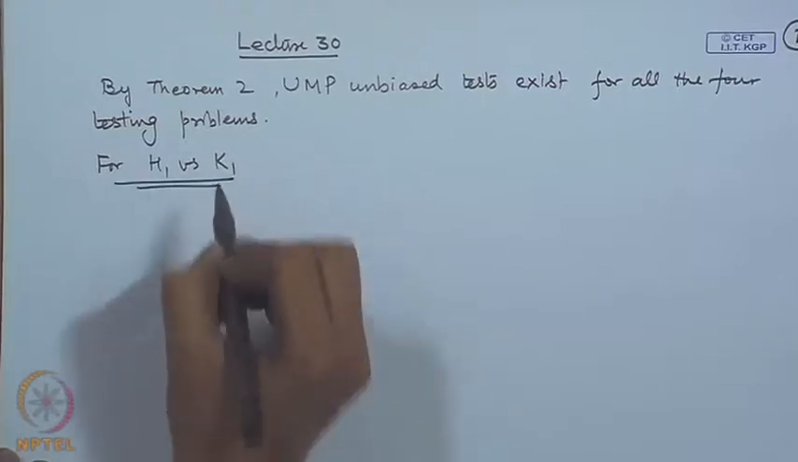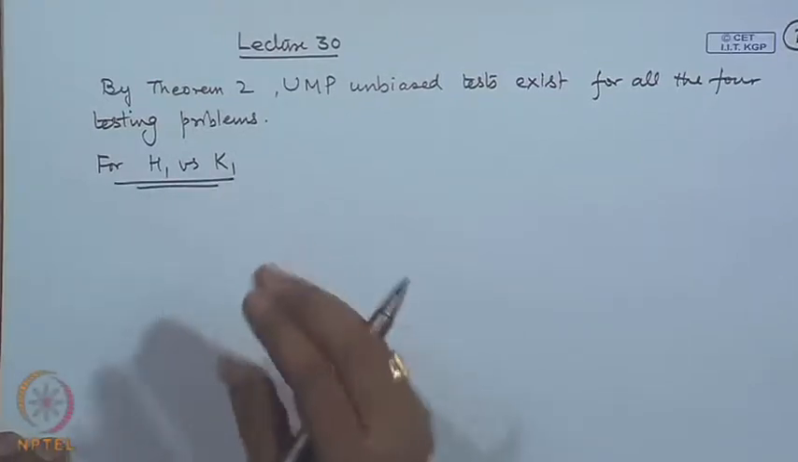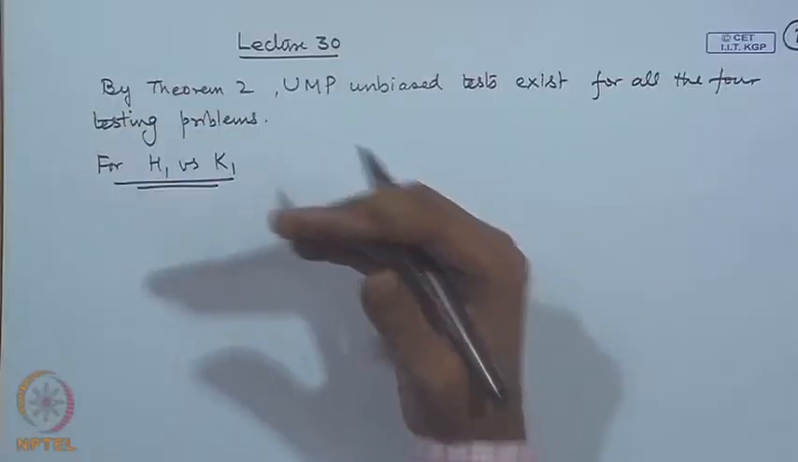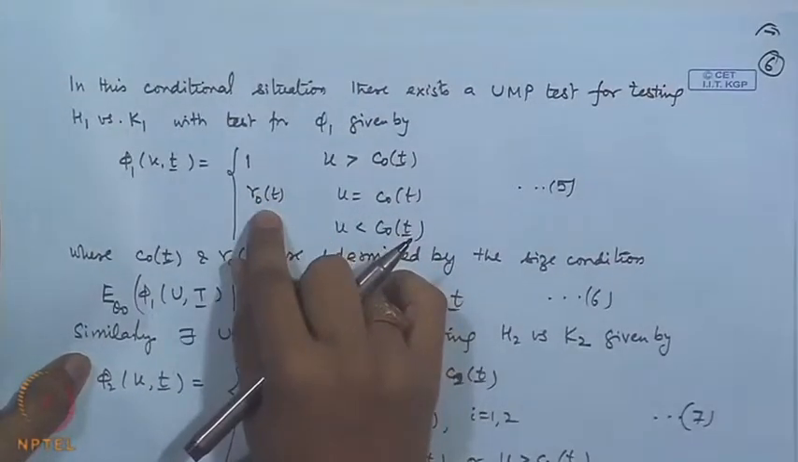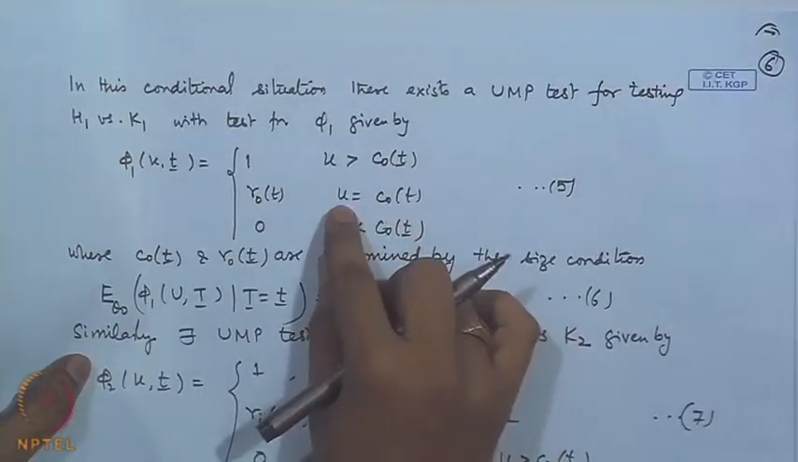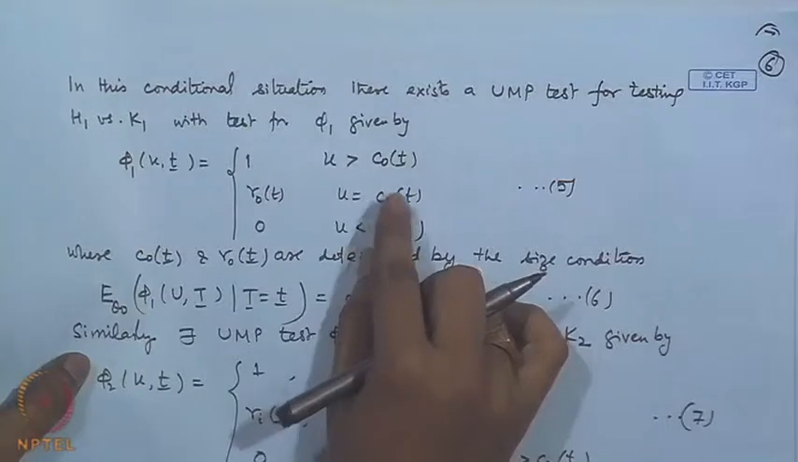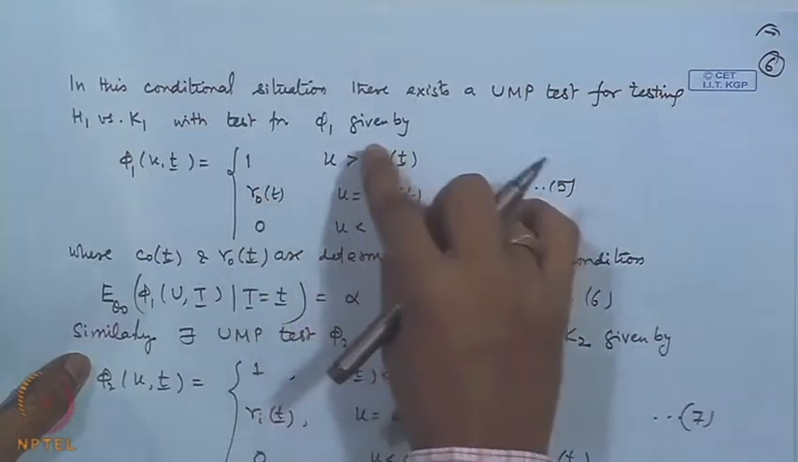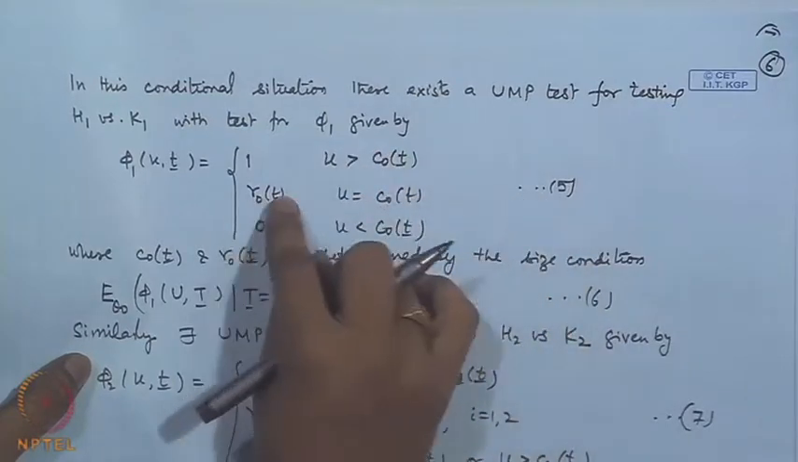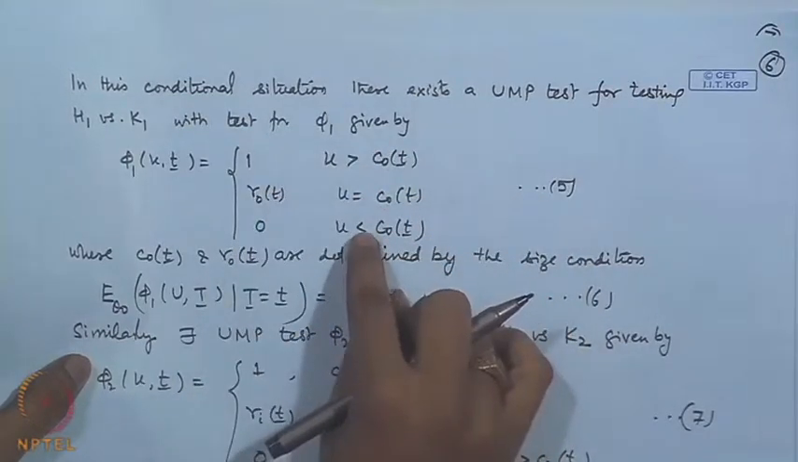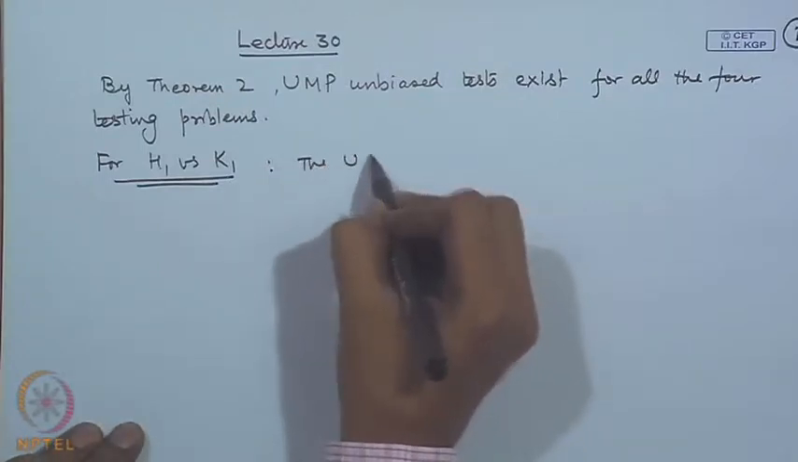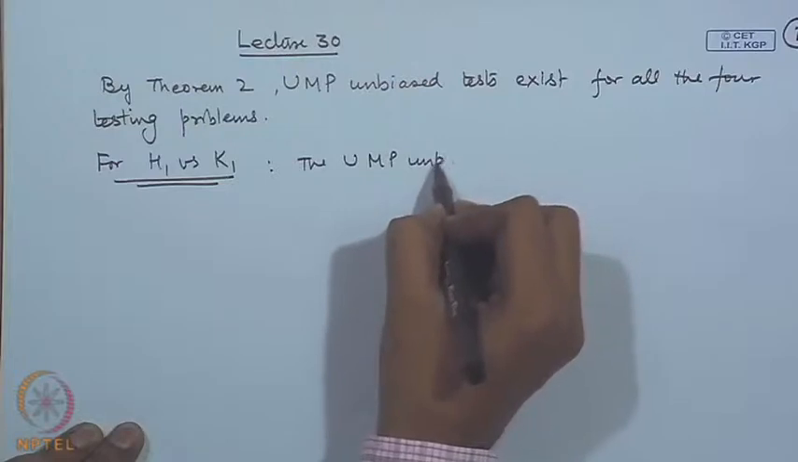Now we are dealing with continuous distributions. Therefore, in the test function, the term gamma naught, I need not write, because the probability of u equal to C naught t will be 0. So, we do not write this, rather we incorporate it in either this part or here. If I take this to be 0 for example, then this will be incorporated here. So, the UMP unbiased test,